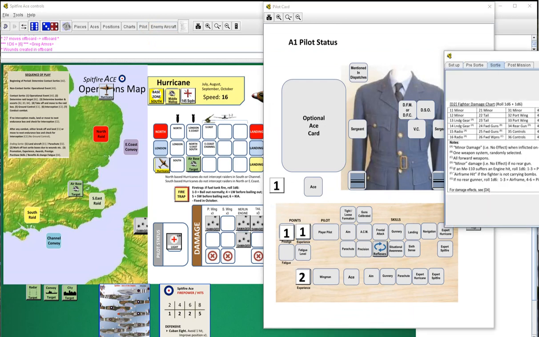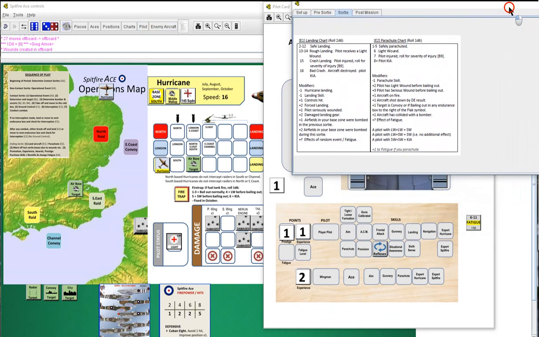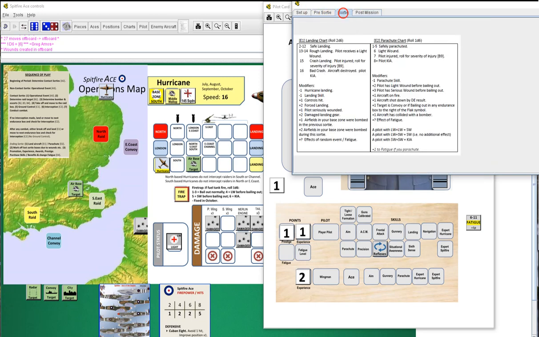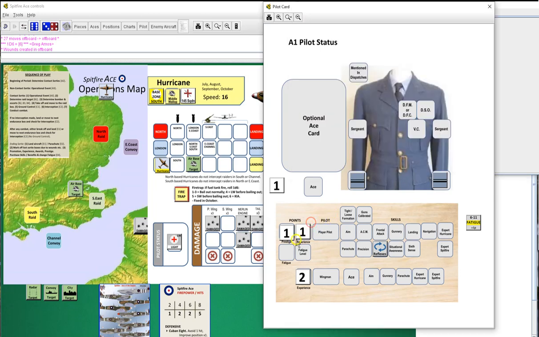Still don't gain any experience. We landed. We did shoot down a plane, but that's only our second kill, so we're not going to get any awards or anything. Fatigue, we parachuted +2. Yeah, +2 is what it is. We get 2 fatigue,